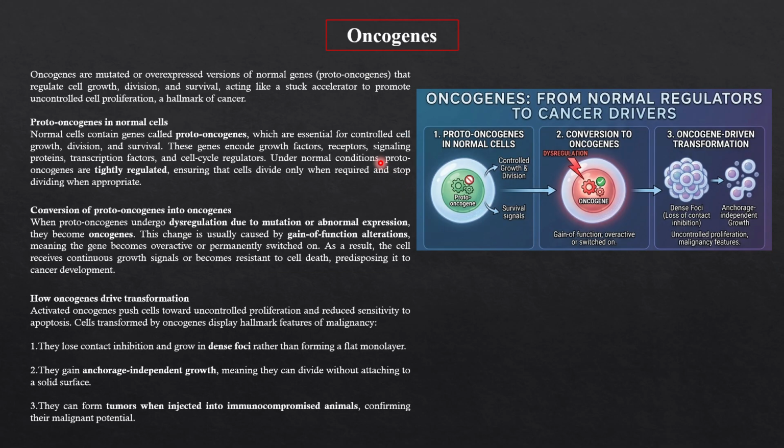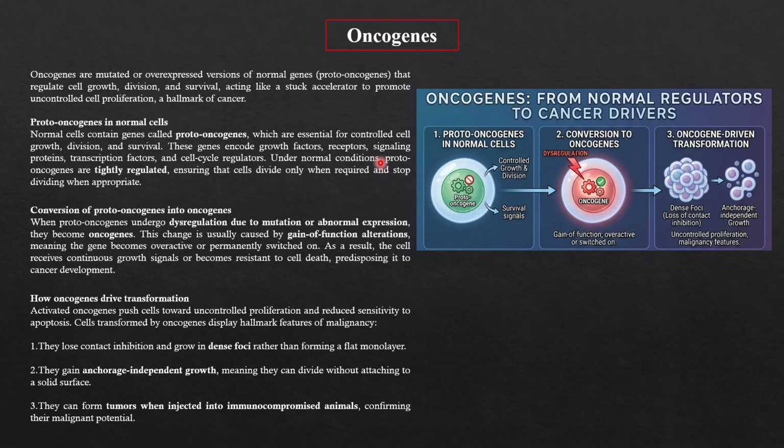Now, oncogenes are mutated or overexpressed versions of the normal genes. The normal genes are called proto-oncogenes, and when they convert into oncogenes, they regulate cell growth, cell division, and cell survival, and act like a stuck accelerator to promote uncontrolled cell proliferation and are the hallmarks of